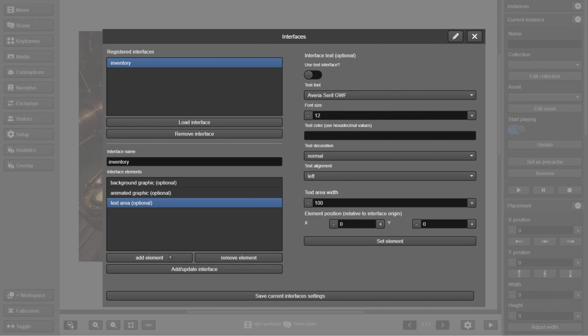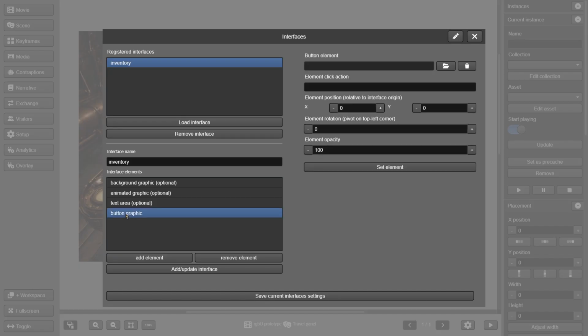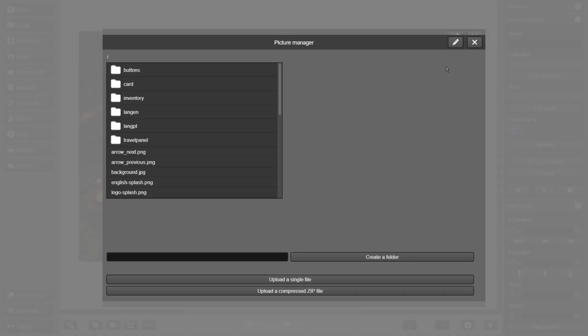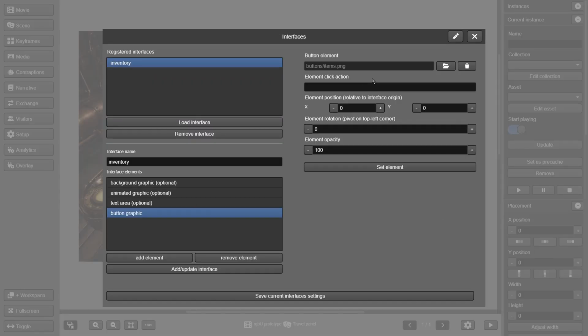In addition to these three optional elements, you can add as many images as you want to an interface, which can then serve as buttons when clicked. Note that to indicate the action of a button in the interface, you have a field to specify a text, not the block editor. These actions need to be indicated as action snippets.